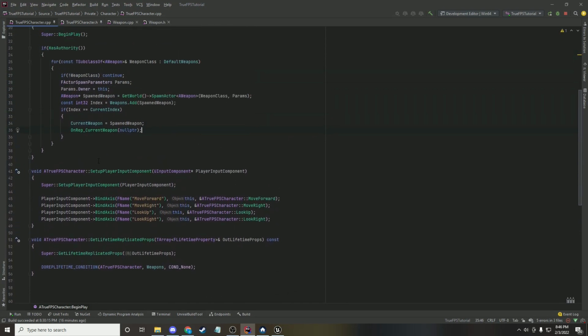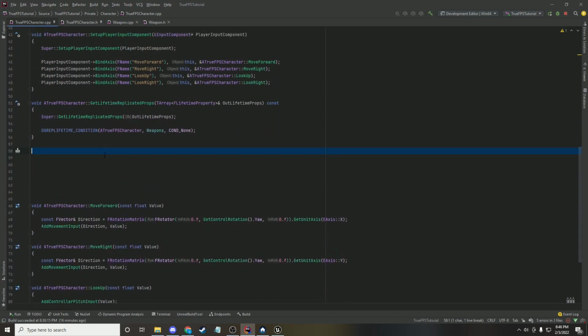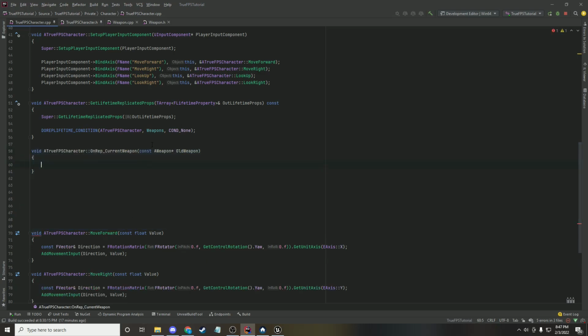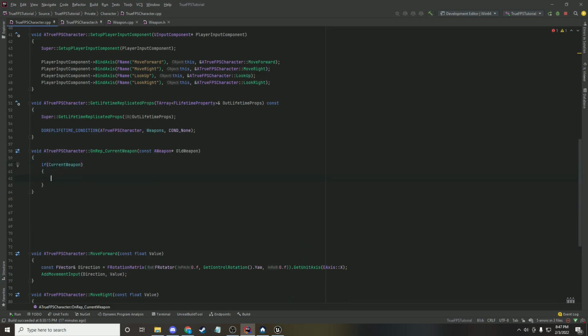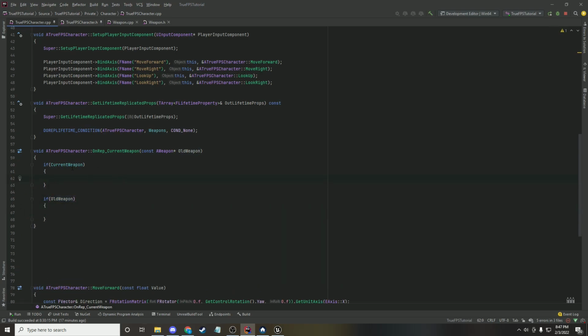So now let's implement our OnRep_CurrentWeapon. So let's do that down here. OnRep_CurrentWeapon. So let's do if CurrentWeapon, because sometimes we may want to replicate nothing if we don't want to equip something, and if OldWeapon. So if we have our current weapon, what we'll need to do first